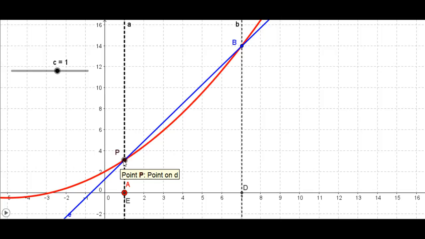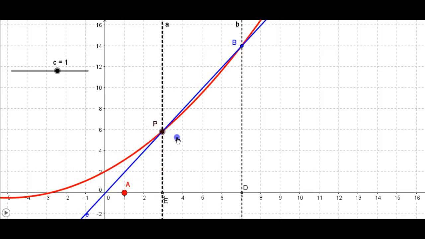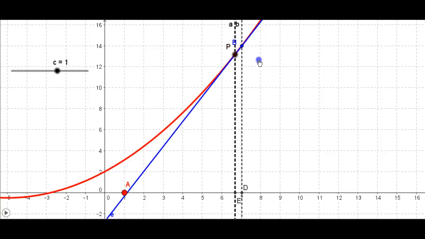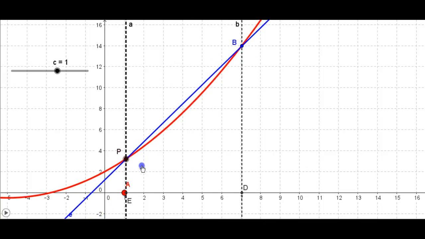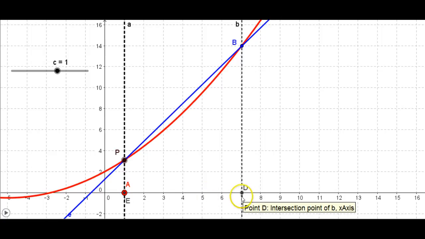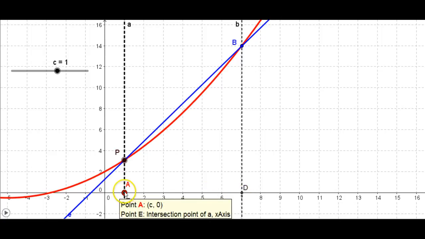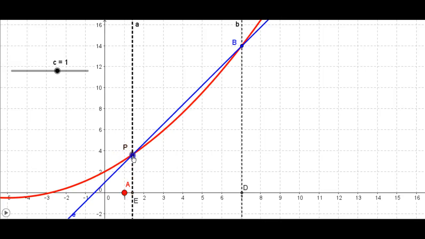Now let's see what happens if P is moving closer and closer to the point B. What do we see? You see that here P has got an x value of 1, and x2 is 7. The change in x and x2 is 6, because the difference between 1 and 7 is 6. And so as P is moving towards B,